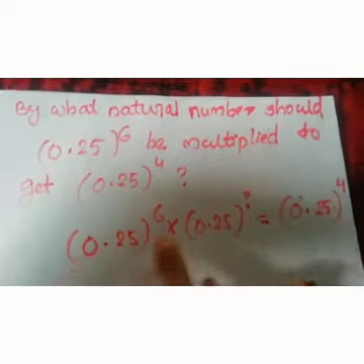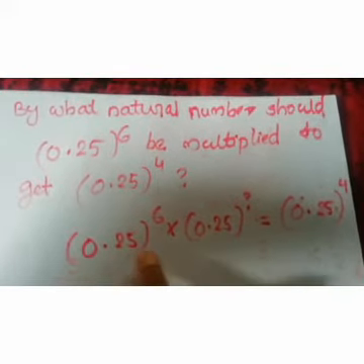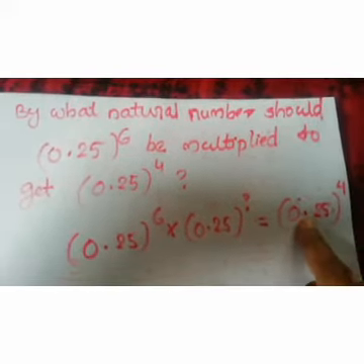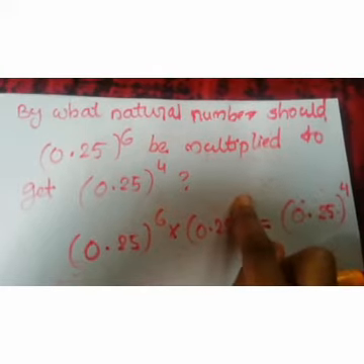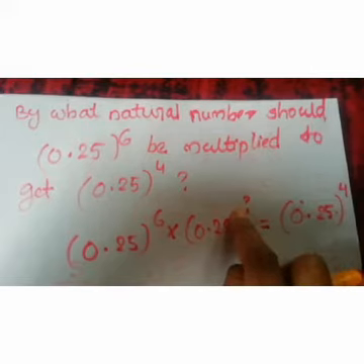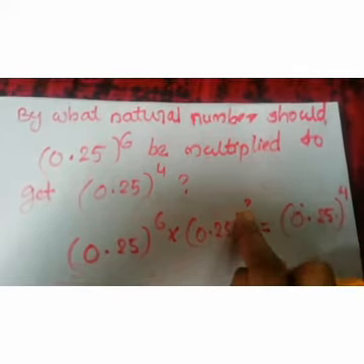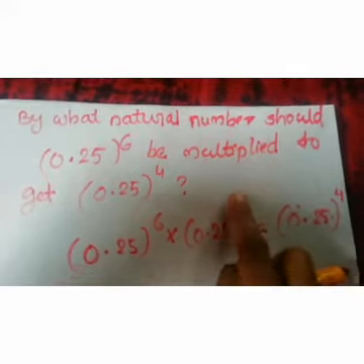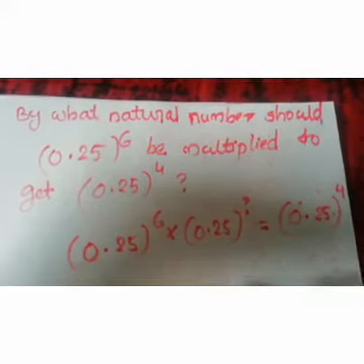In our multiplication method, we know that if the base is the same, then 6 plus the unknown number should be 4. Here it should not be a natural number. It should be in fraction form, that is